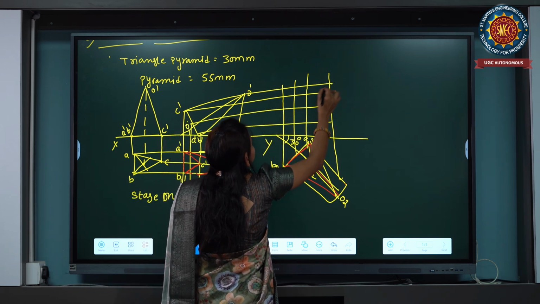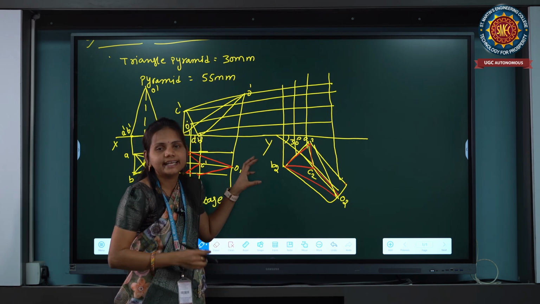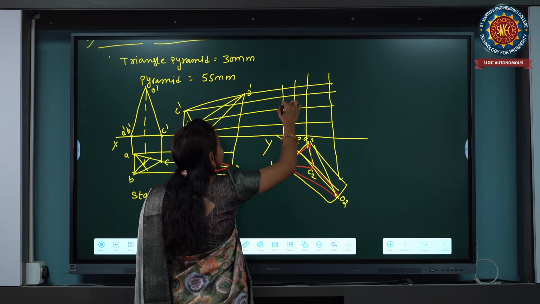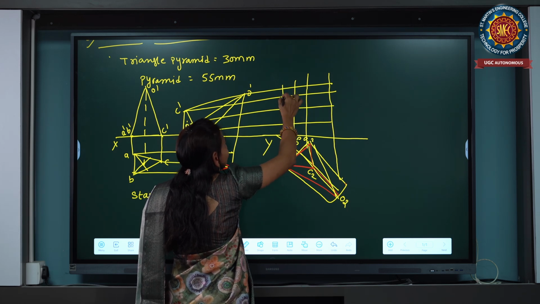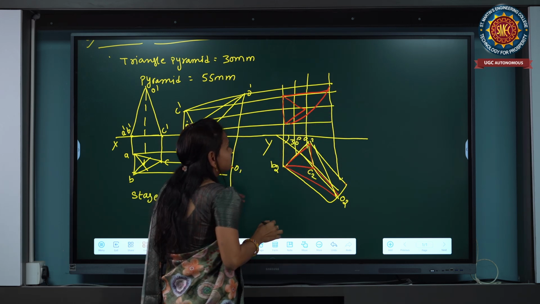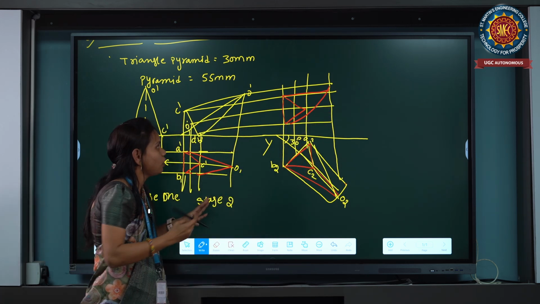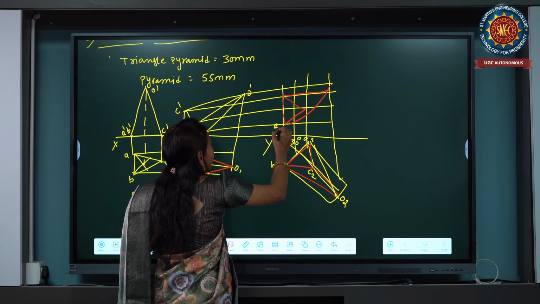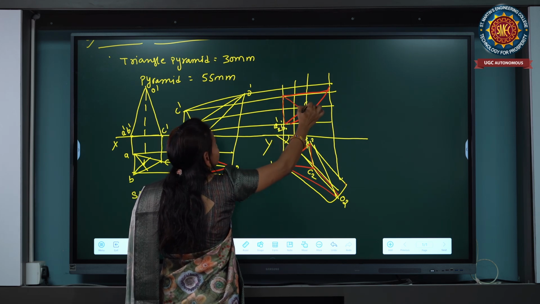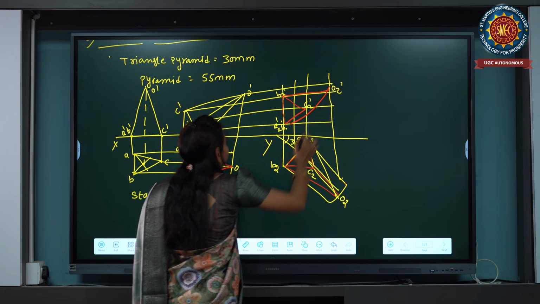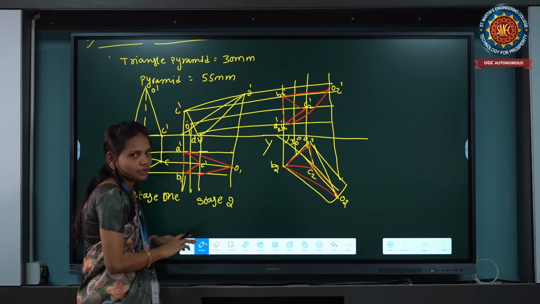So here we will get the three views of the solid. So these are the diagrams we will use. So find out the names and this is the shape we will get exactly. So here we are giving the names A1 dash and here A2 dash, B2 dash, here C2 dash and B2 dash, here O2 dash. So for example, I am giving these examples.